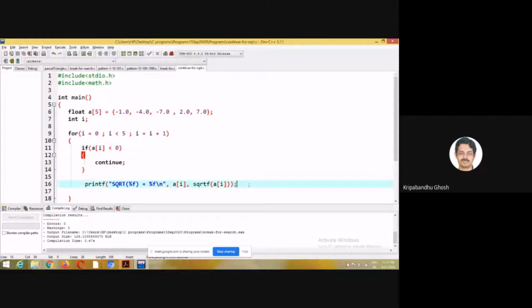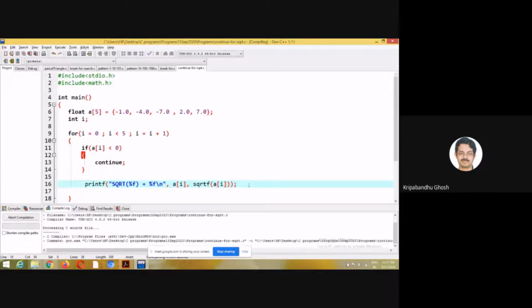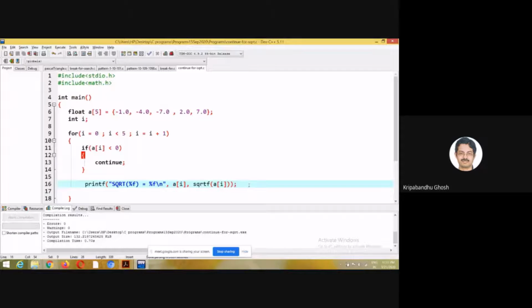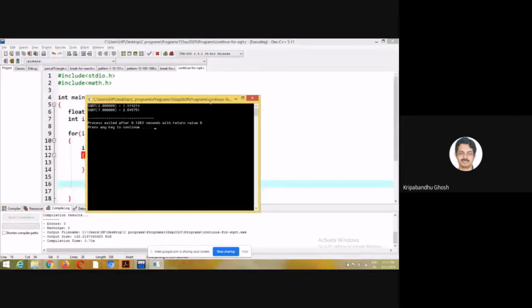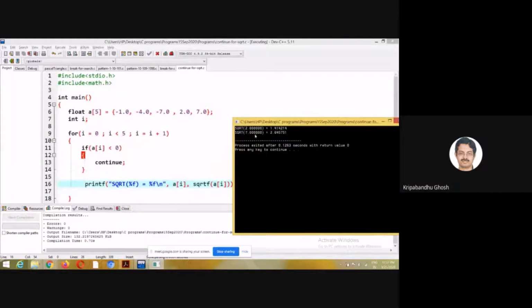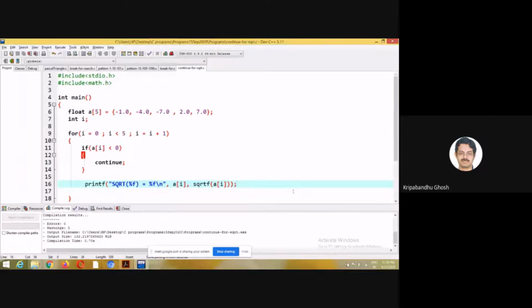So let's see what happens. It will calculate the square root for 2 and 7, but for the other three numbers which are negative, you see that this particular line of code will not execute. But you can also use if else instead of continue.